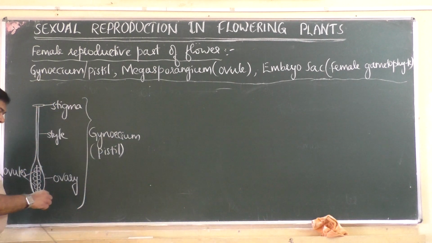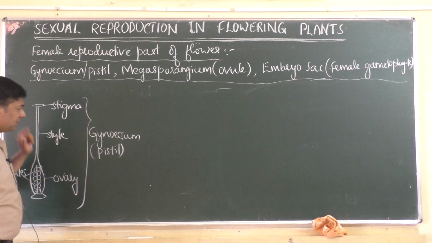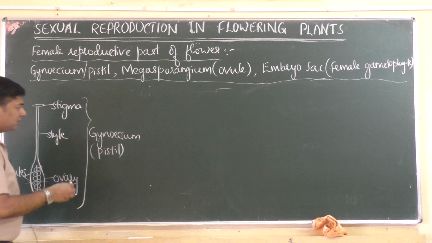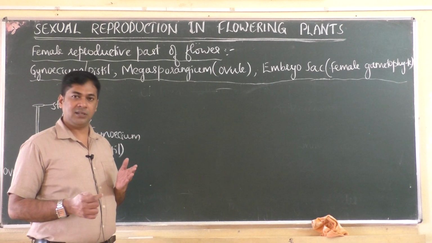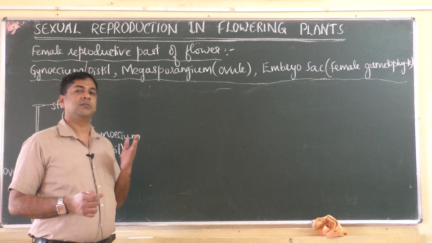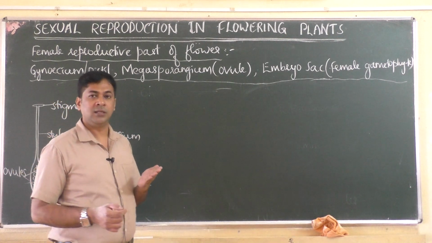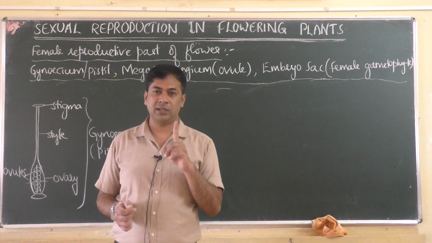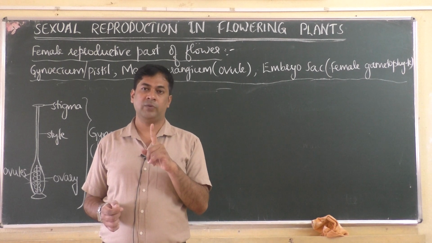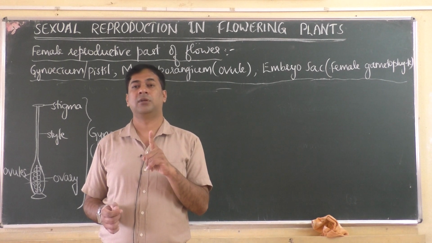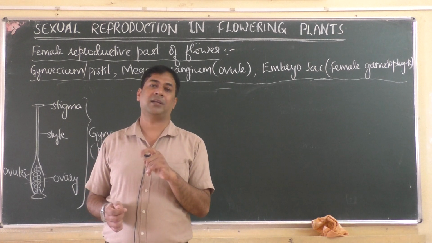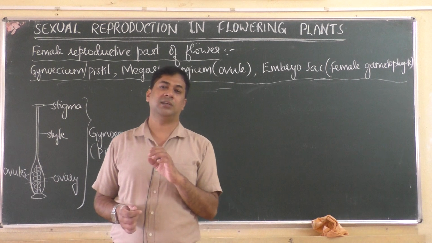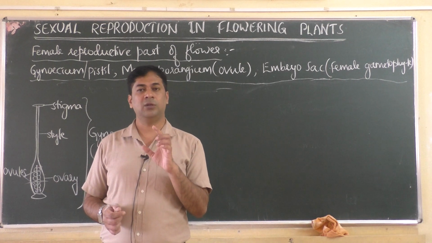So this is a gynoecium structure where it will have three parts: ovary, style, stigma. When you take a cross section of the ovary, you see that there are ovules present. So the last part we learnt in our last class was that some plants contain an ovary, and the ovary contains a single ovule. Like we have taken the example of paddy, that is rice, then coconut, and all these contain a single ovule within one ovary.